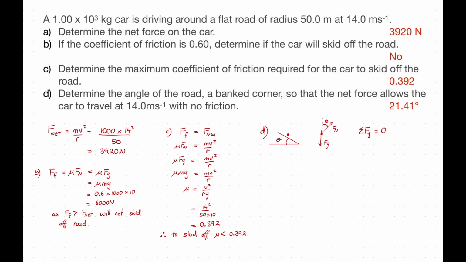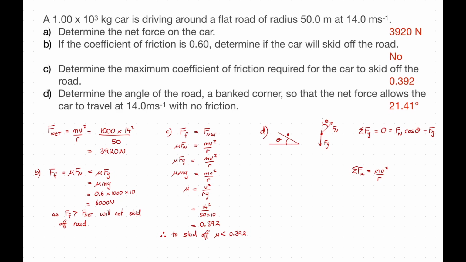There are two components there. That's going to be the Fn in the positive direction, but it's only the cosine component of it. So Fn cosine of theta minus the force due to gravity. We could substitute in the mass, gravity, but we don't know what the normal force is, and we don't know what the cosine component is going to be. So let's think about now the sum of the forces in the x. The x is where we're going around the circle. So that means that the sum of the forces in the x direction must be equal to our mv squared